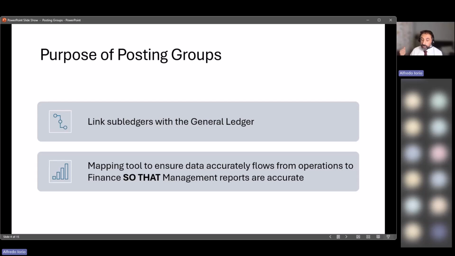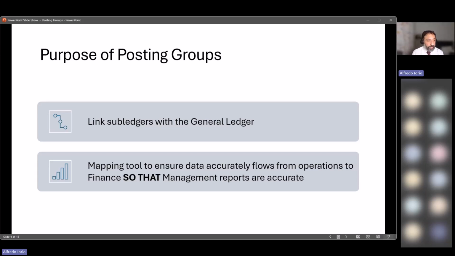So if you start a new project and it's the first time that the finance manager, financial controller, accounts payable, accounts receivable team see Business Central, and you need to talk about posting groups for setup and configuration, regardless of their industry, regardless of the software that they used in the past. They use Sage, Xero, SAP. What are posting groups? The best and the simplest way to explain it to anyone in finance and accounting, again,